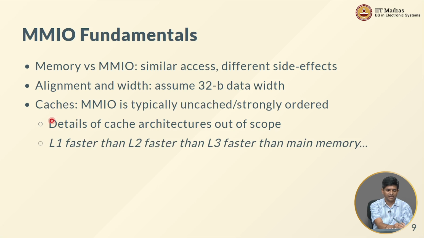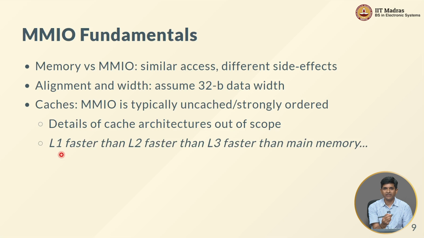Cache is spelled C-A-C-H-E. The idea behind cache memory is that it's a temporary storage which keeps track of what is in the main memory. If the CPU needs to repeatedly access the same data, it will be able to get it very quickly from the cache. Now, details of these cache architectures are out of scope. The only thing we want to mention at this point is, in case you come across these terms,